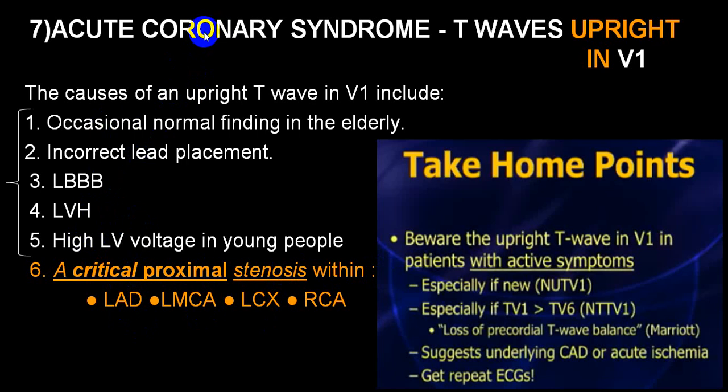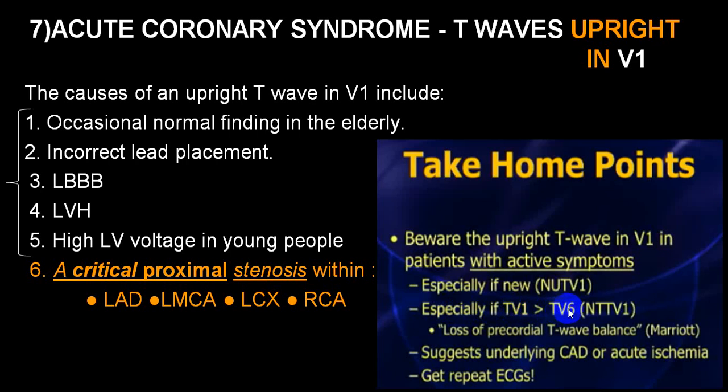So continuous chest pain, classical history, and if the T wave is upright in V1, keep it in mind it can be LAD occlusion, LMCA, or triple vessel disease or LCX. And particularly if there is a new upright T wave in V1, this is N for new, U for upright T wave in V1, very, very important, with ongoing symptoms, or you have got T wave in V1 taller than